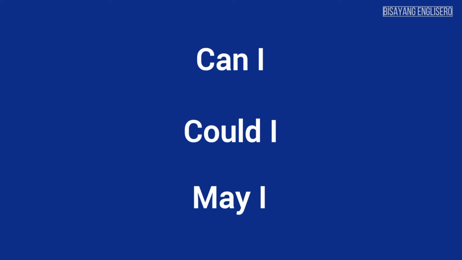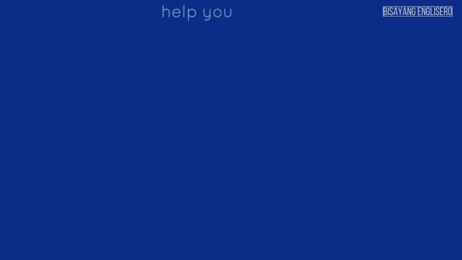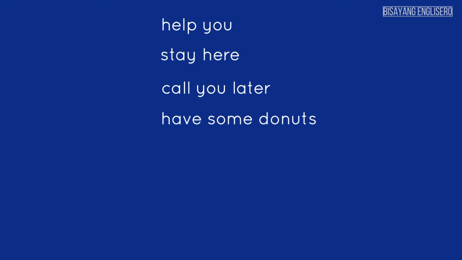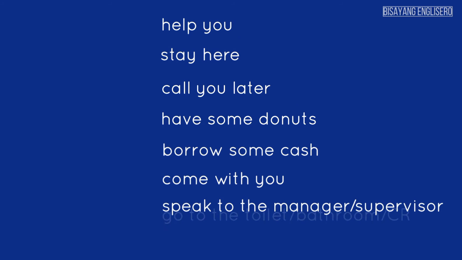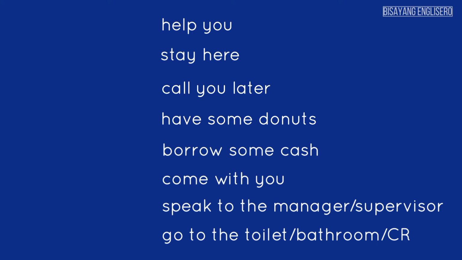Again, can I? Could I? And may I? If you notice, the way I read these 3 is I cannot read each as one word. So instead of reading it "can I", I said "can I", "could I", and "may I". It's called blending. It's a great technique if you want to sound like a native American speaker.